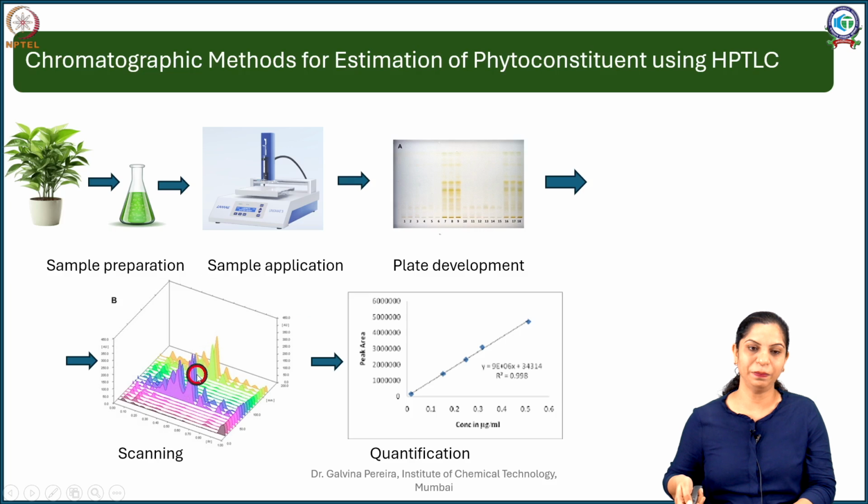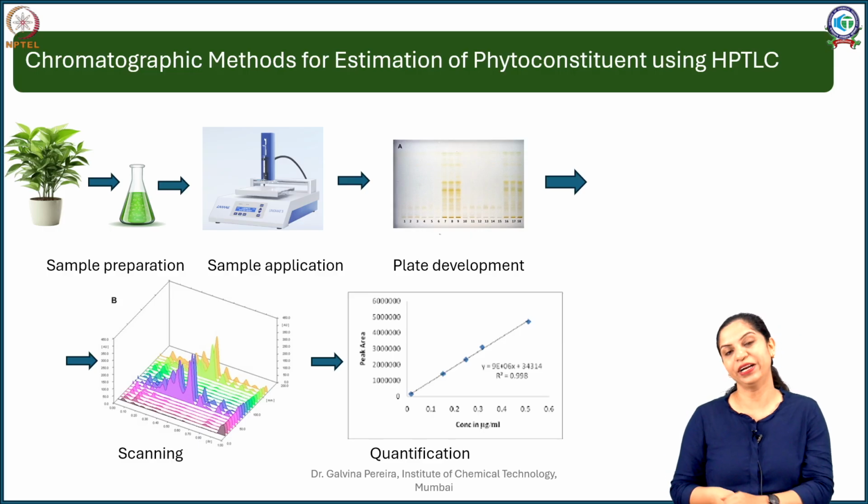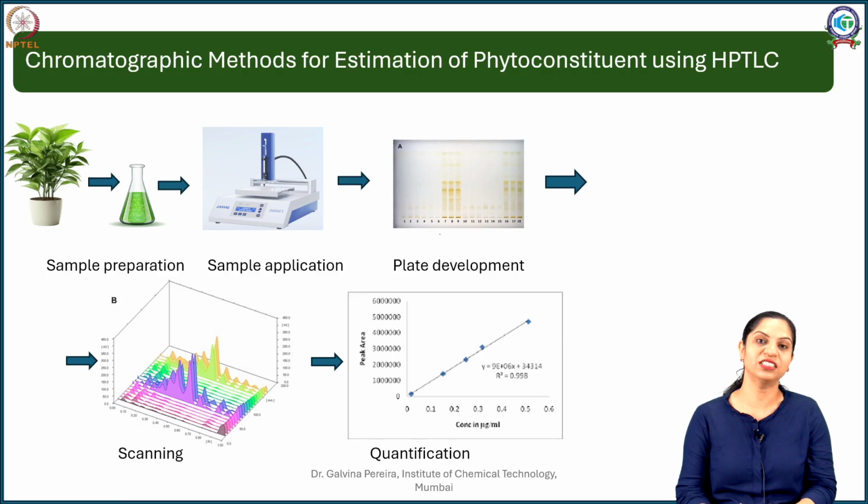So here you can see the peak height as well as the peak area under the curve is also higher. Okay. So if this happens to be my compound of interest, I am going to measure the area under the curve of this particular substance. Then I am going to plot peak area versus concentration, how much did I apply, and what I get is a very linear curve, very similar to that of UV. So in that manner I can carry out my quantification.